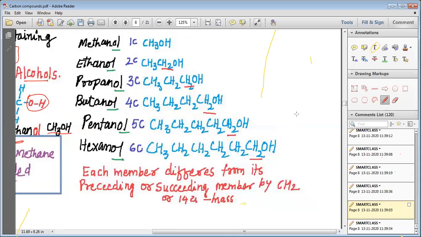In the same way, my dear students, for one carbon we have written methanol, for two carbon we have written ethanol, for three carbon we have written propanol, for four carbon we have written butanol, for five carbon we have written pentanol, and for six carbon we have written hexanol. Now you can see that this CH3 and OH is already there, but there